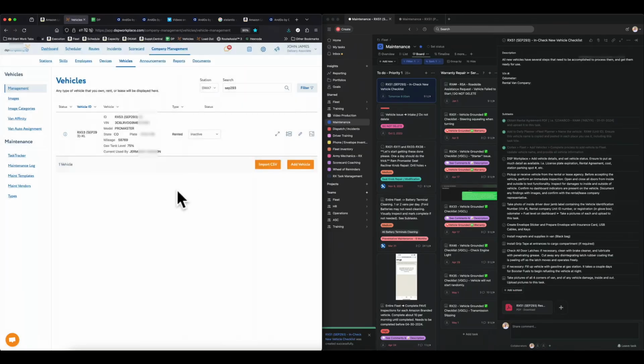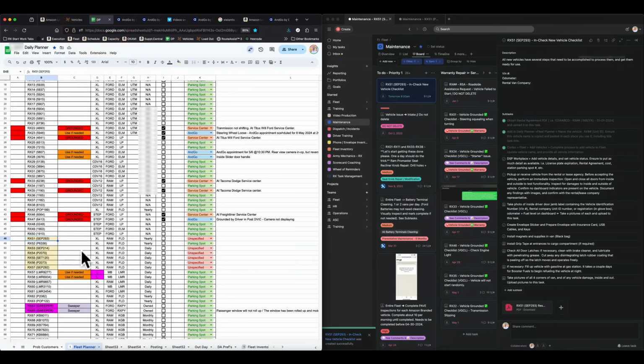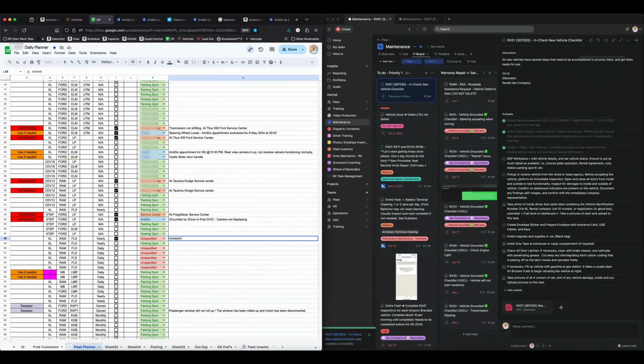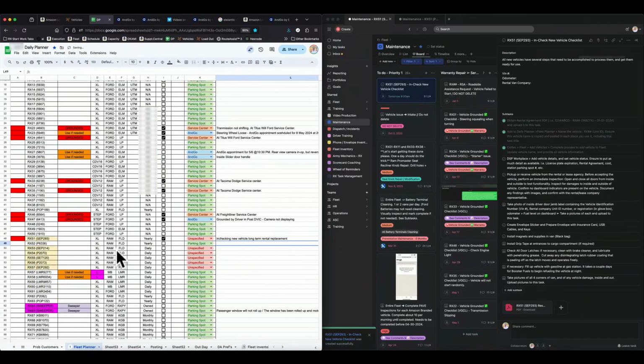Okay. Now we have this vehicle as inactive in DSP Workplace, and that needs to mirror what we have here. So RX 51 SEP 293 is currently inactive, and we could put a little note in checking. New vehicle, long-term rental replacement. Bam. There we go. So we keep that unchecked because in the morning when we do the sanity check, we